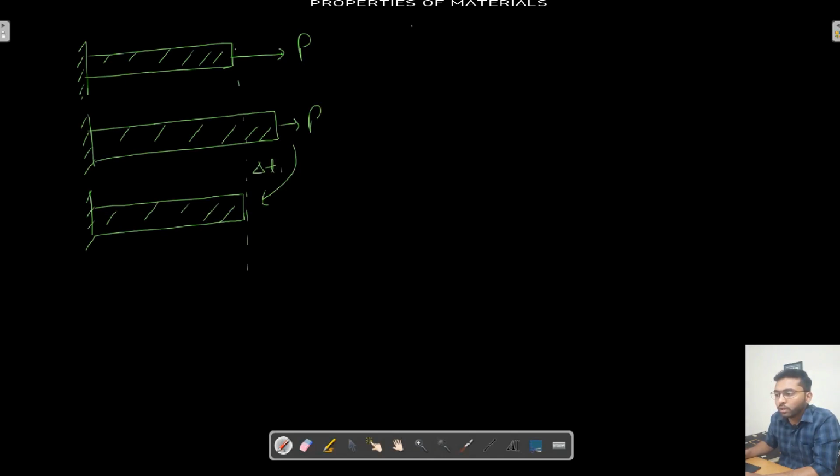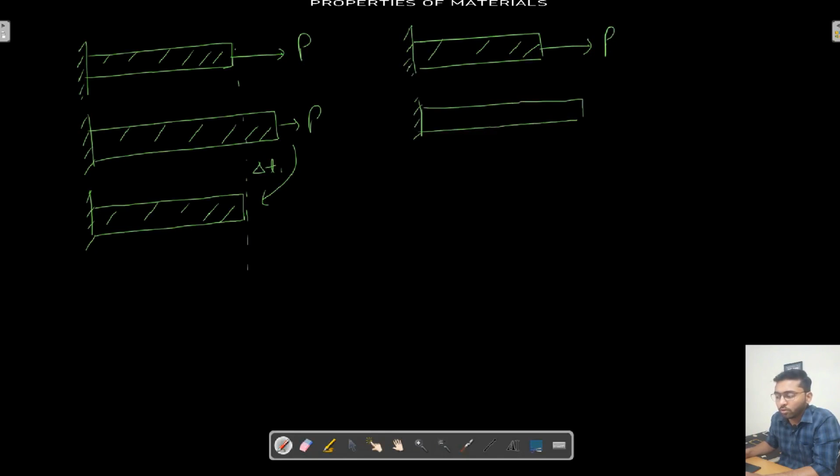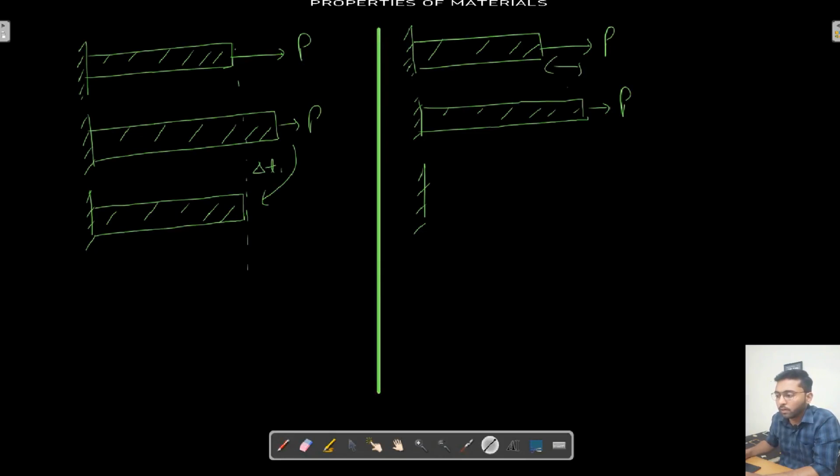If we try to do the same thing with rubber, since rubber is less plastic in nature, it is more ductile, so it shows very little elastic deformation. If we apply force, some elongation will be observed in rubber also. But if we remove the force, rubber will also try to regain its original position.